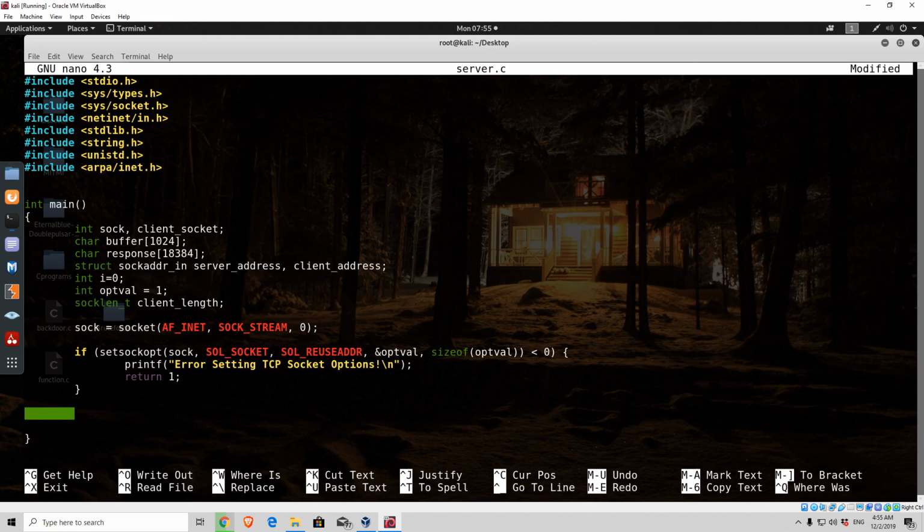So we need to perform the same things that we performed previously. So first thing we need to do is we need to set up our server address with all its needed parameters, which are the family, the IP address, and the port number of the connection. So we performed that in the backdoor as well. So let's do it right here. server_address.sin_family equals AF_INET, then